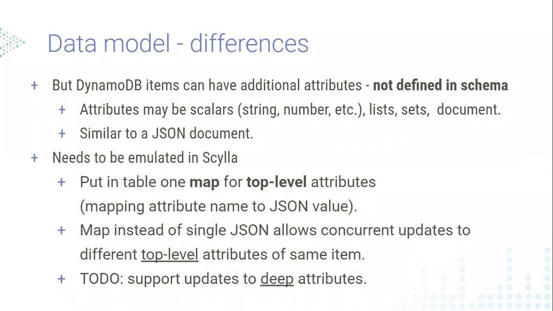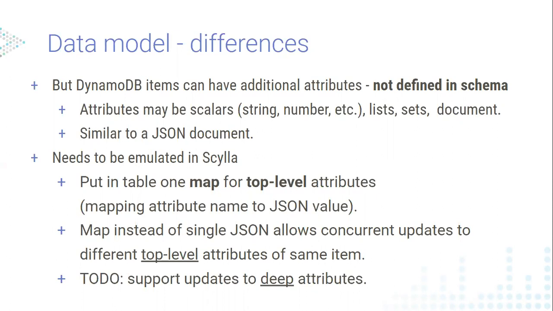This is true for both of these systems. But now there is a difference. The difference is the rest of the attributes in the item. In DynamoDB, they are not defined in the schema. In Scylla, they are defined in the schema, but in DynamoDB, they are not. In DynamoDB, each item can have different attributes with different types, and you have all sorts of types. You can have scalar types like strings, numbers, and so on, and also more complex things like sets, lists, and nested documents. Basically, the item in DynamoDB looks like a JSON document. It has a nested